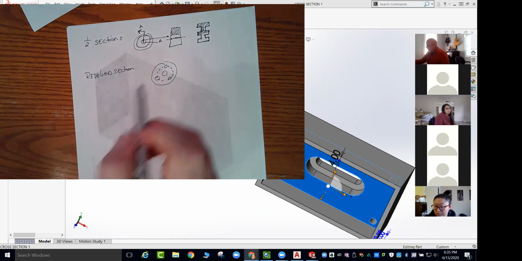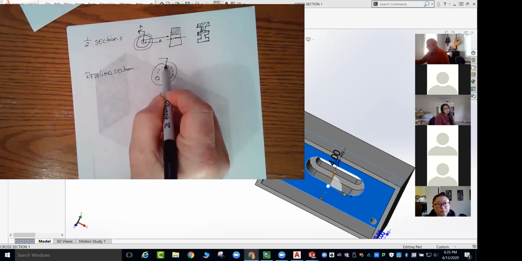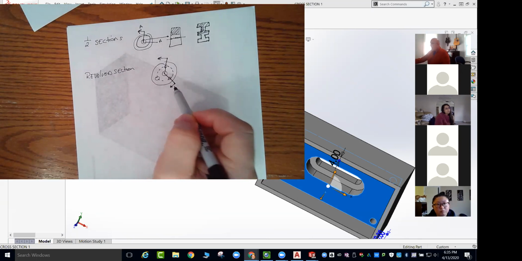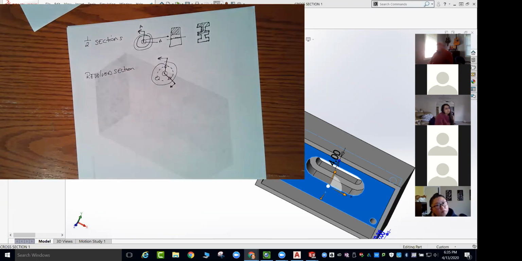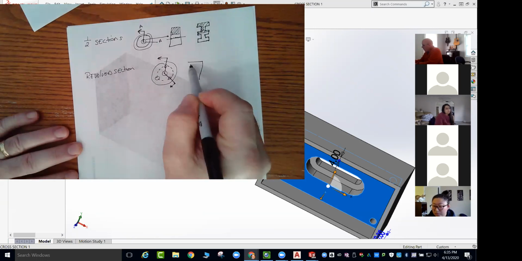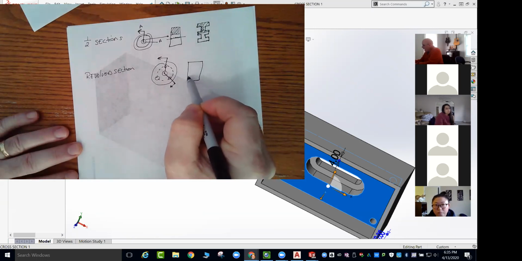So in this case, I would take my cutting plane line and I would draw 2 arrows on it. And then when I drew it, it would look just like a full section. It would look flat. Because what I am saying is